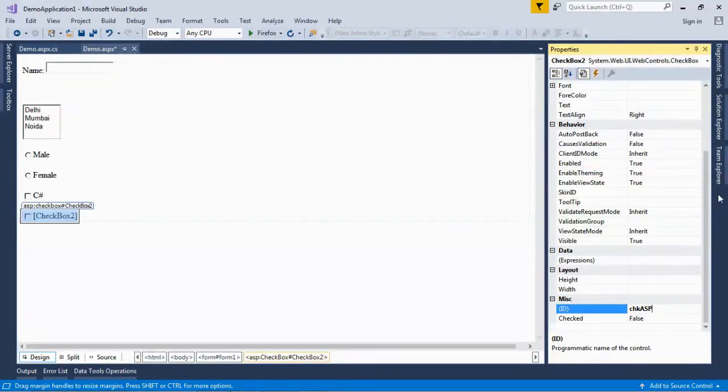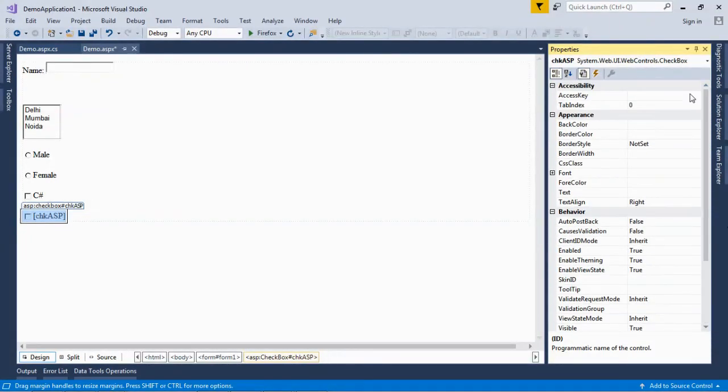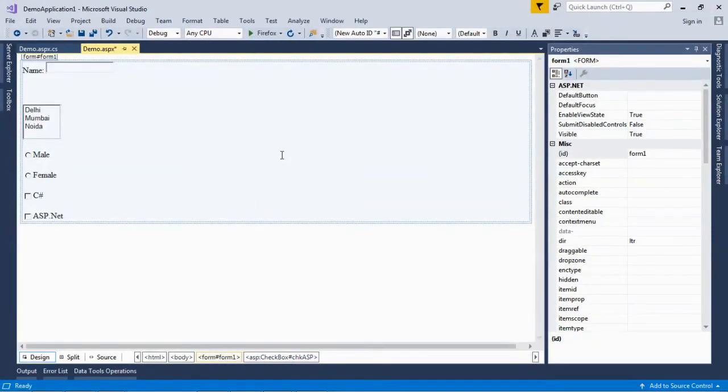CHKASP. The text property value is blank. Now I'm giving the value ASP.NET.